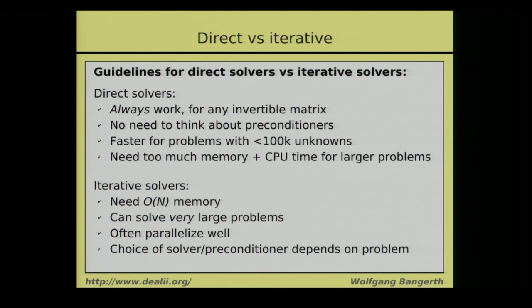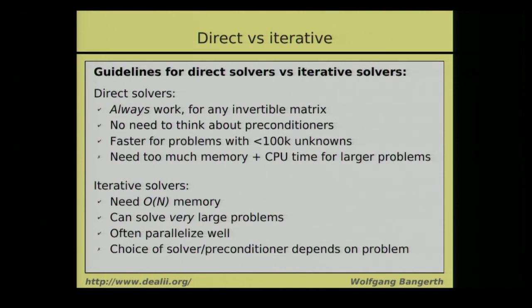We know that they need O(N) memory. We know that they can solve very large problems. So we have solved problems with billions of unknowns with iterative solvers. They often also parallelize relatively well. So if you have, let's say, 1,000 computers and 1 billion unknowns, you can solve your problem in parallel on